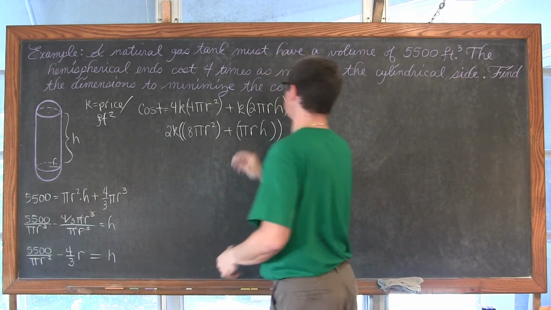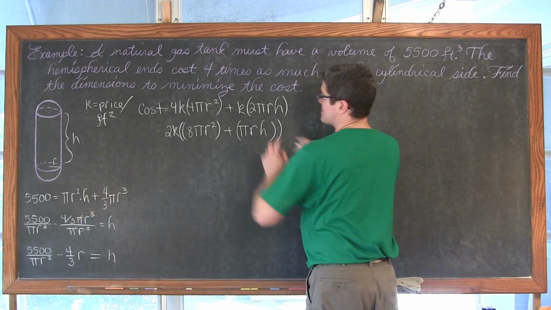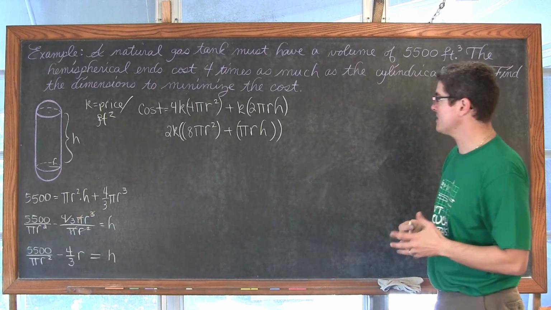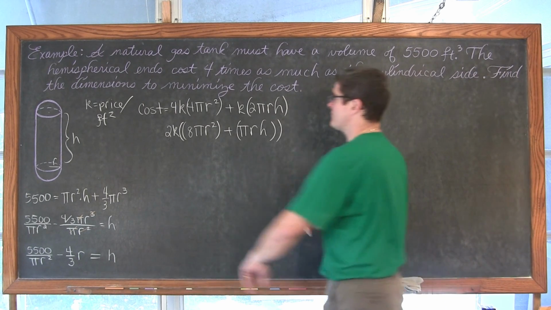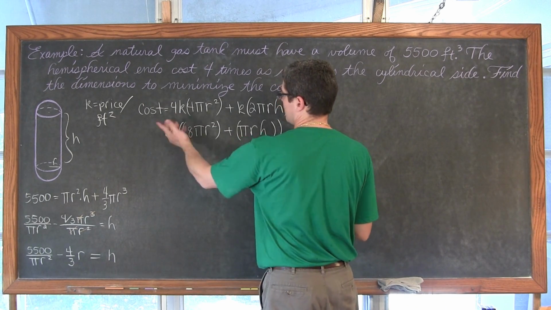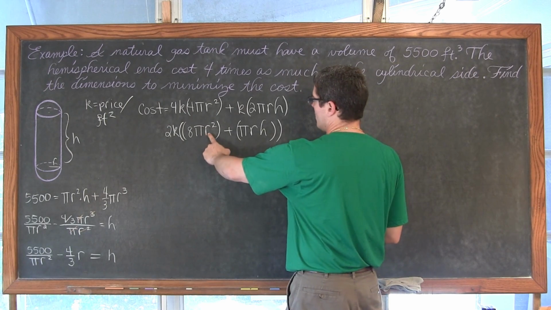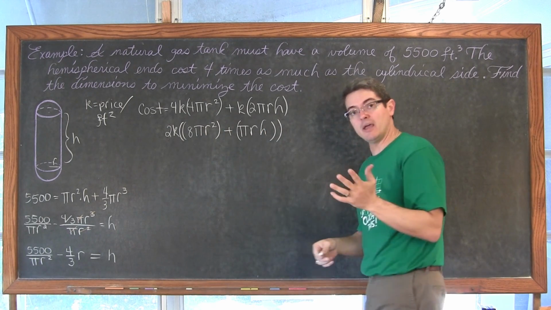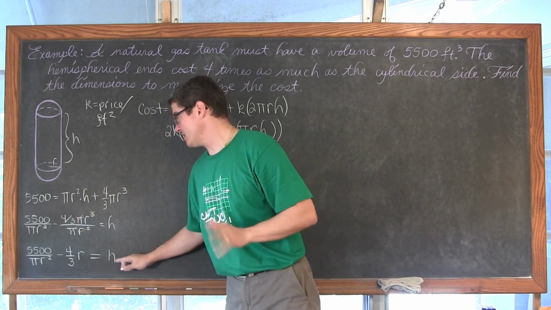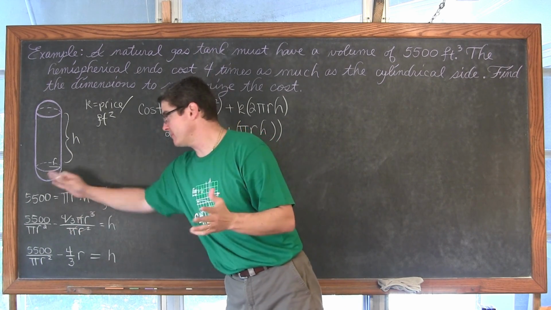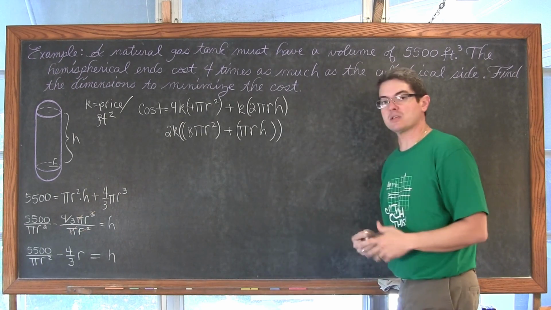And you can wrap that in parentheses too if you'd like, just to really emphasize those two terms. Don't really need that there, to be honest. Now, we've got a cost function in terms of R and H, where K is a constant. So now we can take our secondary function, which is relating the H and R together, again based on the volume, and do a nice substitution.